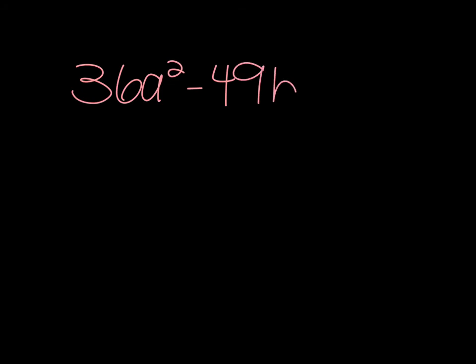Okay, then we had difference of 2 squares, so something like 36a squared minus 49b squared. If they're both perfect squares and there's a minus between them, it's called the difference of 2 squares. So usually if there's 2 terms, that's what I would check. Obviously check first, can I factor something out? And then after that, if there are 2 terms and they're both perfect squares with a minus between them,